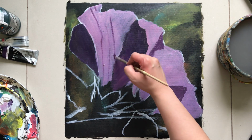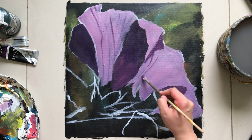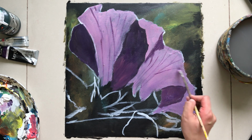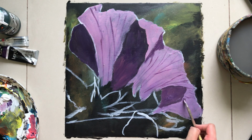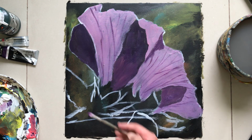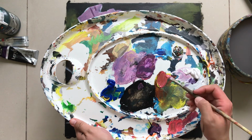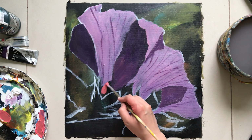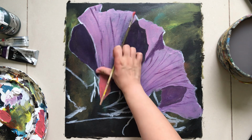I'm going to create some veins. You know those veins that you find on the petals? Alright, now I'm gonna wash my brush out. I'm gonna mix my pink with my burnt sienna. And we're gonna use that right here on